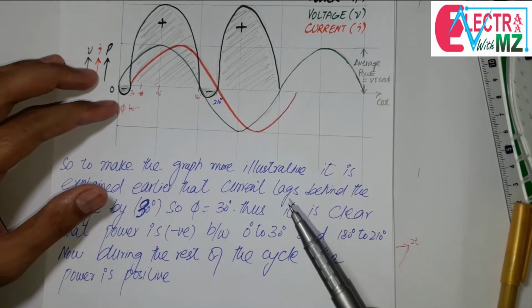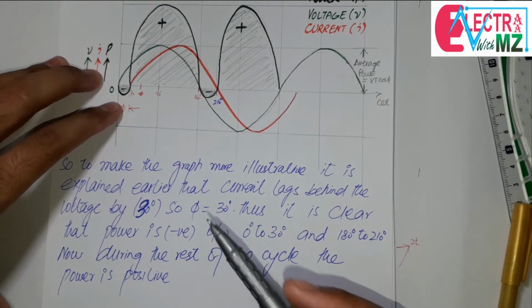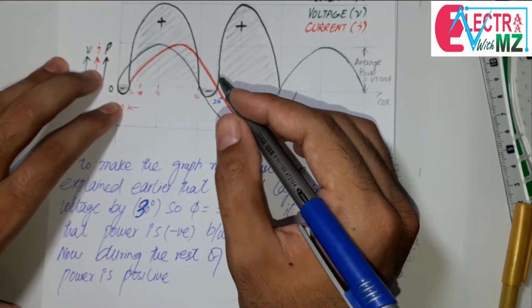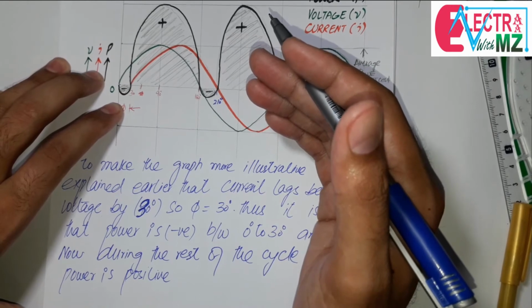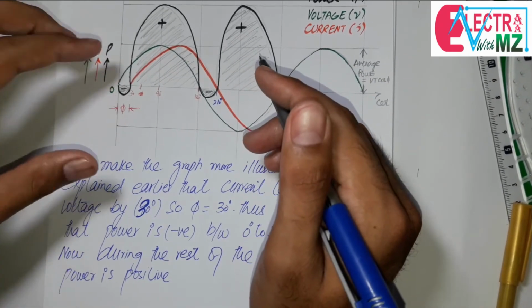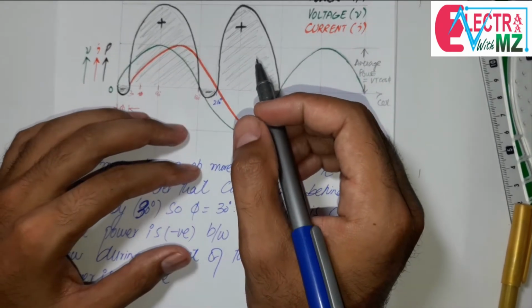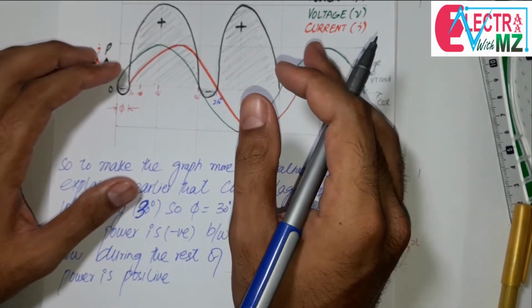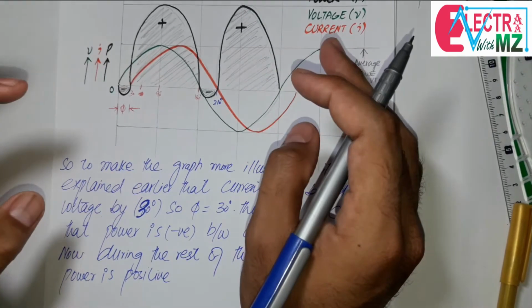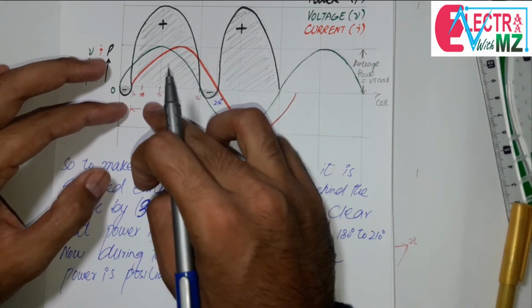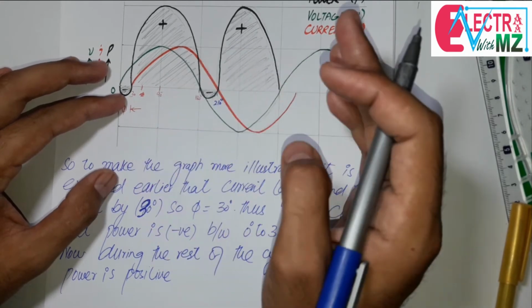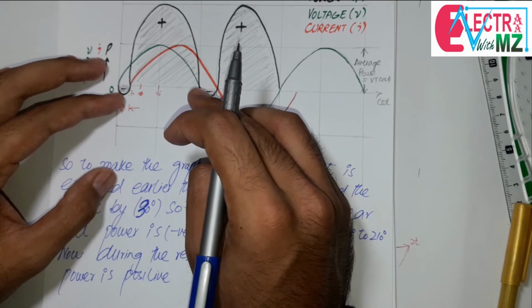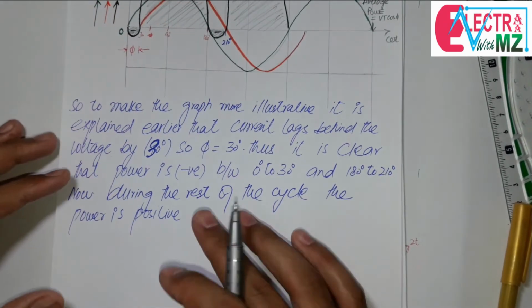Okay, positive power means the inductor gets power from the RL series AC circuit, and negative power means the circuit gets power from the inductor, means it's positive power, and negative power means that the inductor sends back some amount of power to the circuit. Okay, this means that